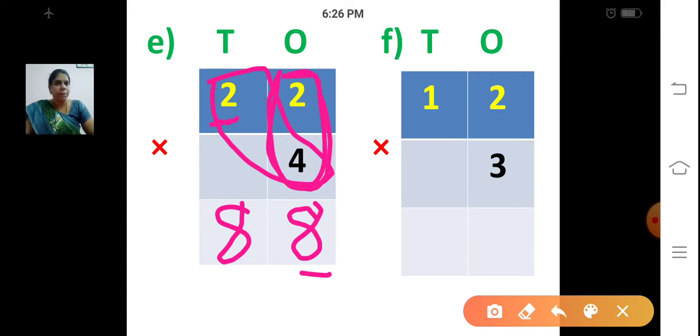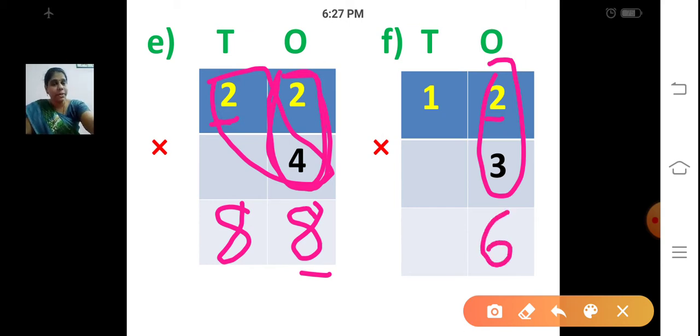Yes, we are going to multiply 12 into 3. So what is the first step? We are going to multiply the digit at the ones place. What is the digit at the ones place? 2. So we multiply that by 3. 2 3s are, think and tell me the answer. 2 3s are 6.